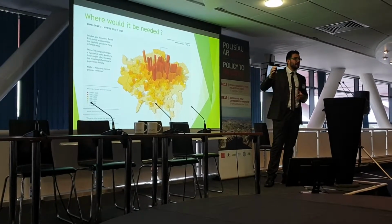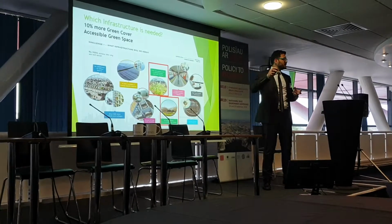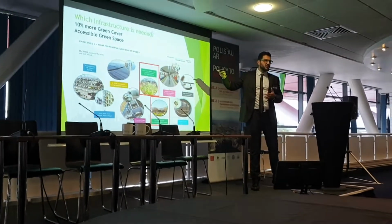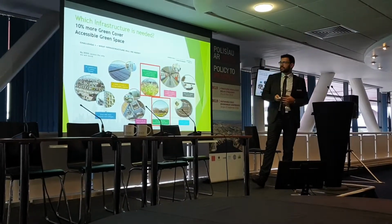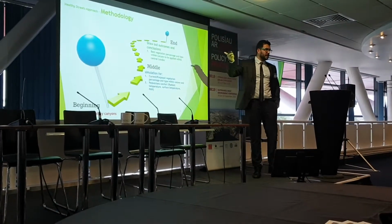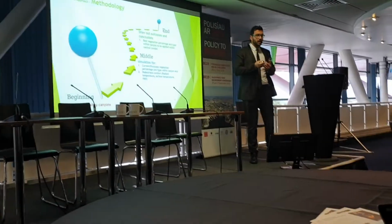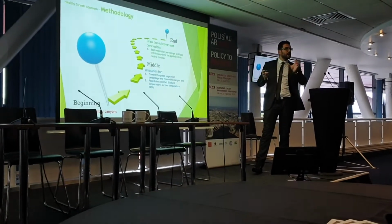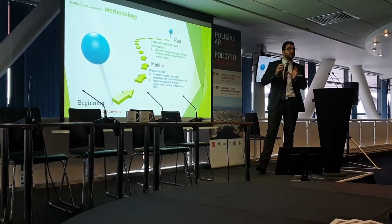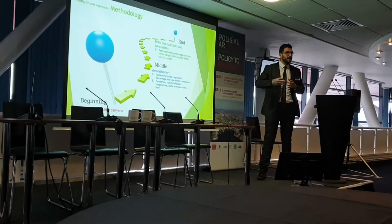I had to look at where urban heat in fact has the peak temperatures. So through the green map, I got to know central London. Then further on, I got to know that we need infrastructure or planning to have 10% more green infrastructure. So I decided where I shall go and how I'm going to go through this. I decided to look at where the urban heat effect and air pollution are, then which type of urban green system I'm going to apply: trees, green walls, changing albedo, pavement, changing the percentage of these green systems as well, and see which one is more applicable and which one is better in each street